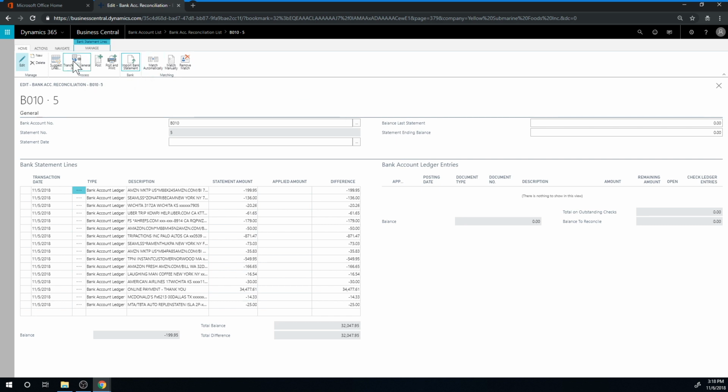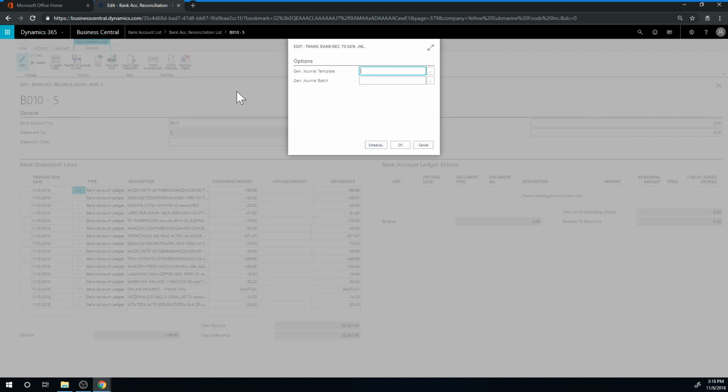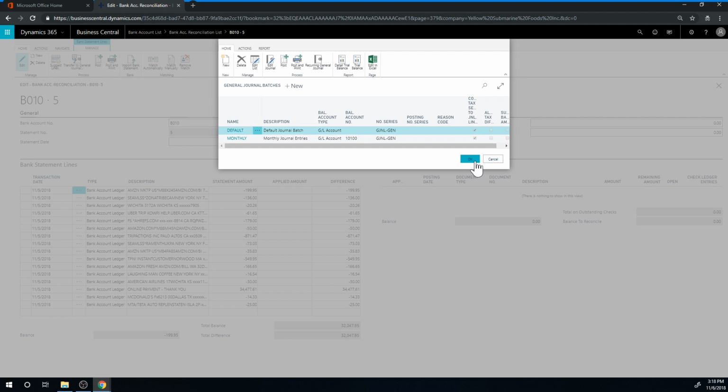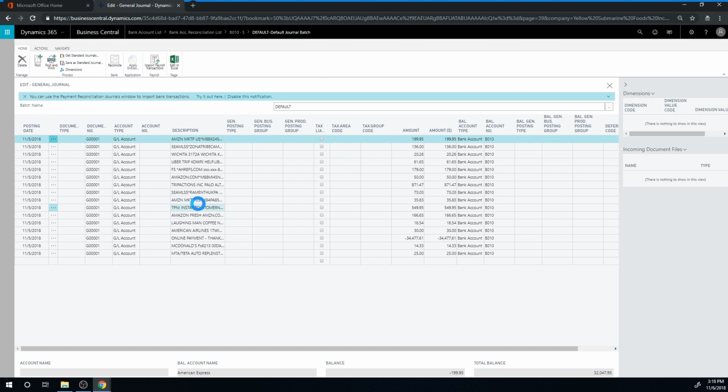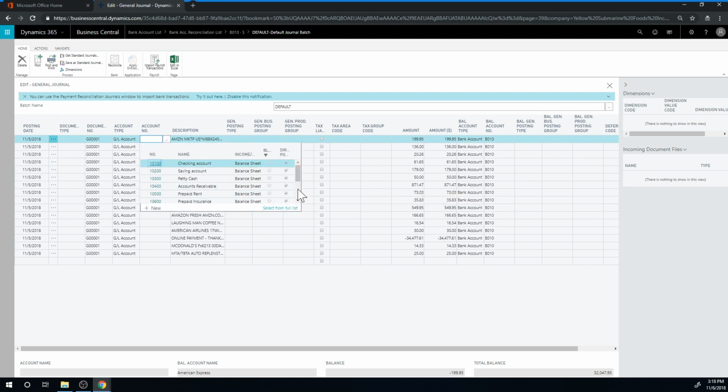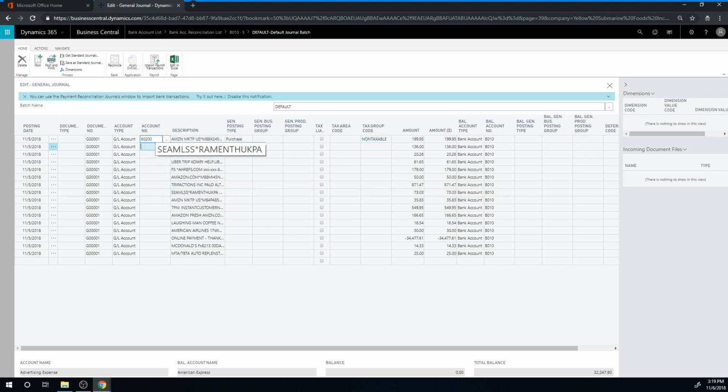So the way to do that is transfer it to the general journal. You click on that, I'm going to pick the general journal here and just the default batch and hit OK. Then all of these transactions actually move over to the general journal. And here we have the balancing account being the bank account and the account number, which is the expense account, over here. So I can go ahead and find the expense accounts that match what I'm doing. Here I'm using the standard system. So I'm going to just say this is all advertising expense. And just like so, just go ahead